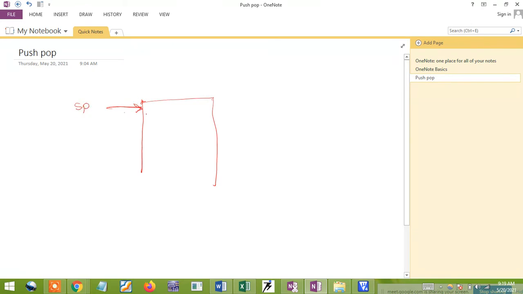Next, push instructions. How do we write the push instruction format? Remember, this is push. I want to push something to the memory. Something means I have a data, and that data I need to push inside the memory. So that data I usually need to take inside my register.